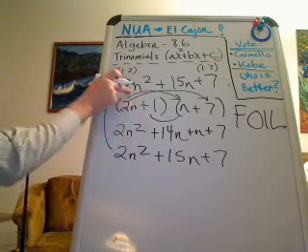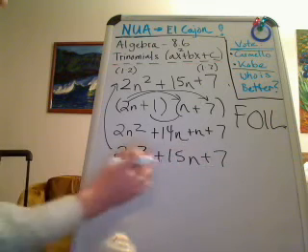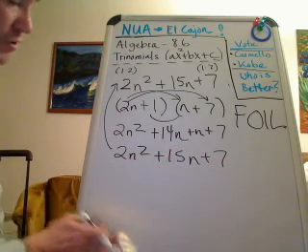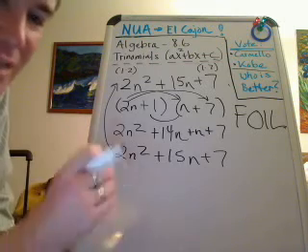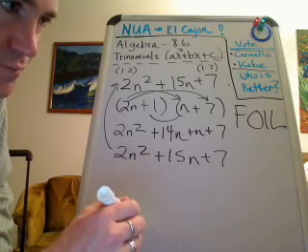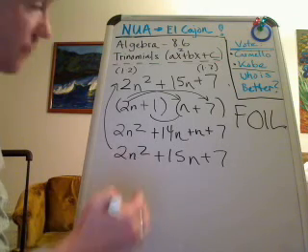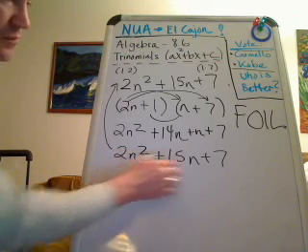2n squared, 15n. Positive, positive. I check my signs. If I turn it in and one of these signs is wrong, just like your chemistry teacher needs to have that quantity there, grams, if it's grams or centimeters or whatever, if that's not added on there, or in your math classes, if this plus or minus is